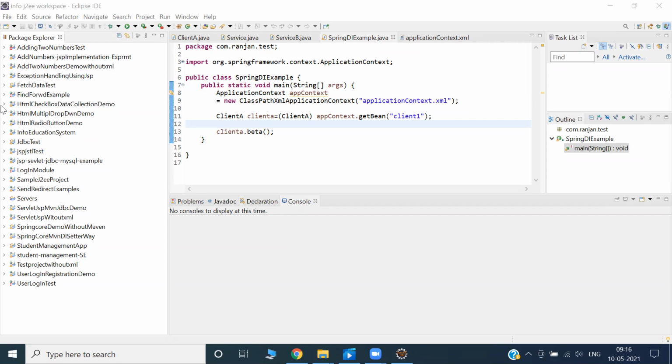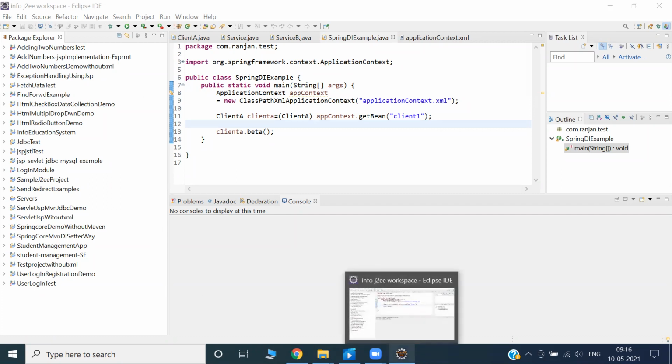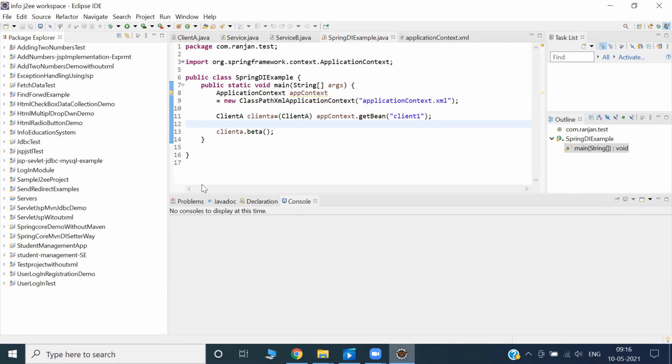Suppose in one page I introduce the registration, where whoever is registering into the application should put in the information, put in the data.